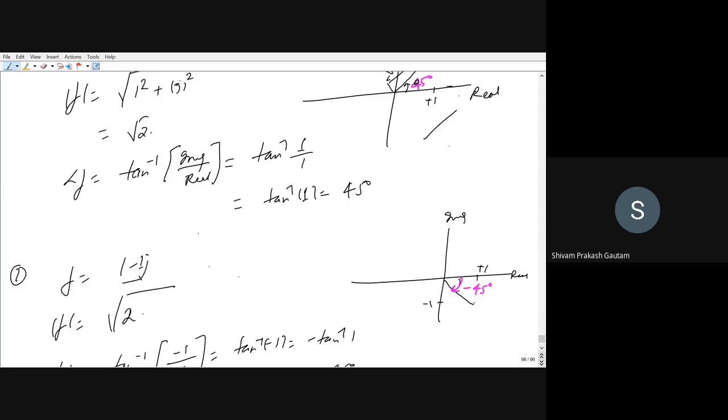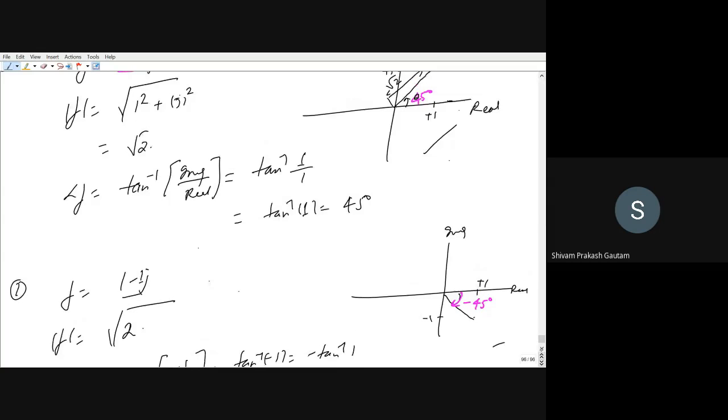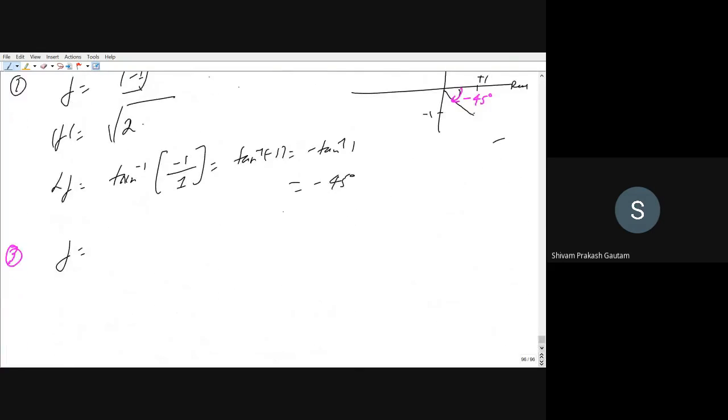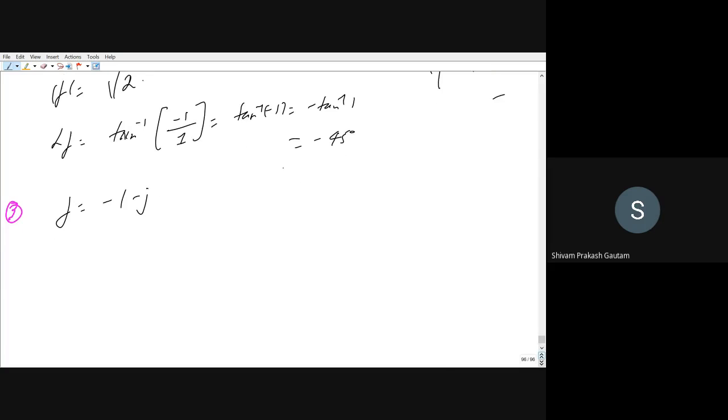So this is the coordinate for 1 plus j. This is the coordinate for 1 minus j. Now we will see how to calculate the phase and magnitude when we have the function as -1 minus j. That is, both the parts are negative. That means the real part is also negative and the imaginary part is also negative. So if we try to plot in real and imaginary, that is in coordinates, -1 will come somewhere here and minus j will come here. This is the point that we are talking about, right? And this will be the phase, and the magnitude will be from here to here.